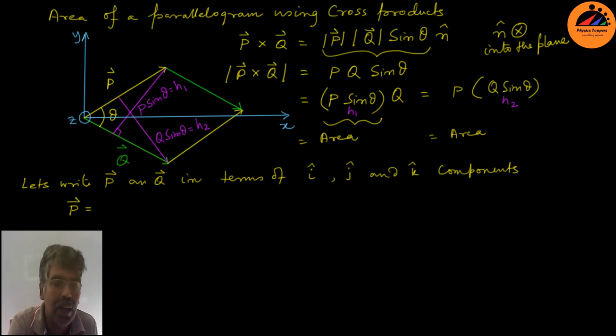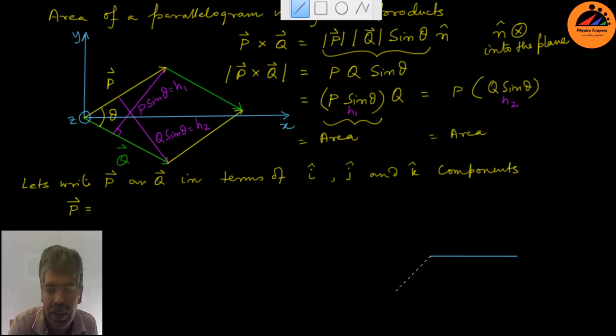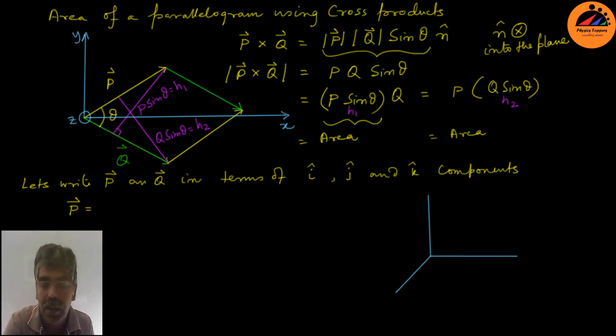In this case, P and Q lie in the xy plane. This may not happen. Generally, you can have it like this. Let me draw it generally. Suppose you have a y-axis here, an x-axis here, and a z-axis here. We will use right-handed systems every time, right? So suppose this is x, this is y, and this is z. You can go to my previous video on the cross product to see what a right-handed system is.